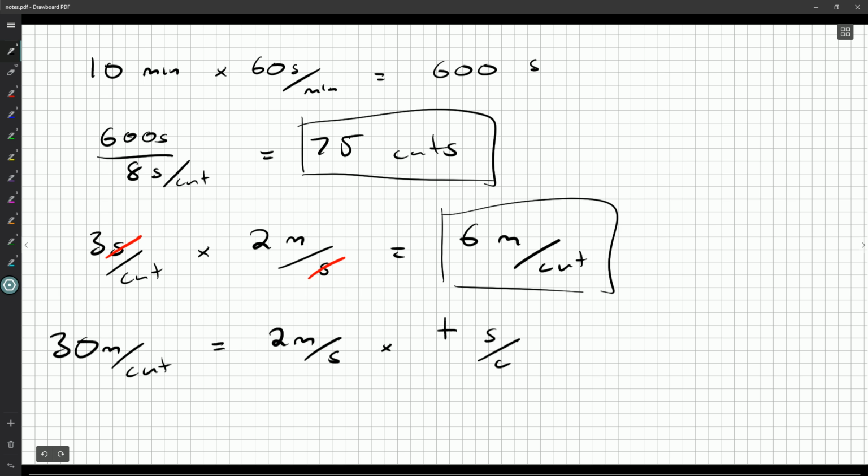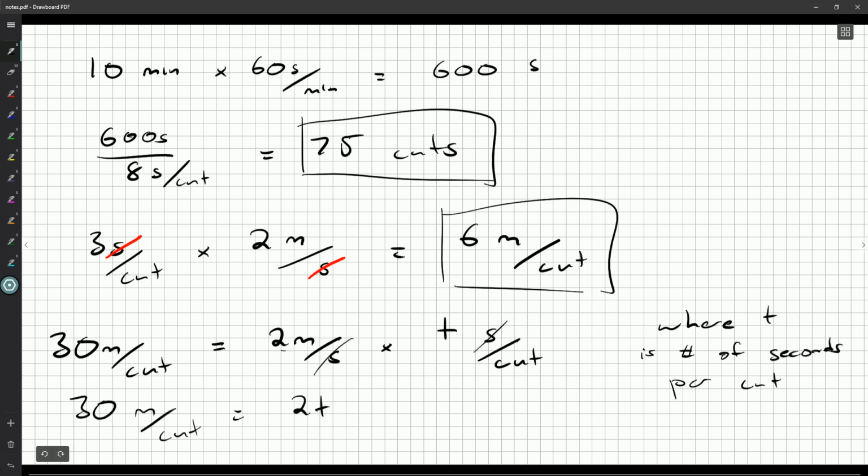Okay, t seconds per cut. And we don't want whoever's marking them to say, what's this t? Where did t come from? So we'll say where t is number of seconds per cut. I mean, it is right there in my expression of the units, but we just want to make sure that we're understood. So we know 30 meters per cut, and then 2 times t, that's going to be 2t. The seconds, again, they sort of cancel each other out, and we're left with meters per cut. So 30 is 2t, so we get 15 equals t